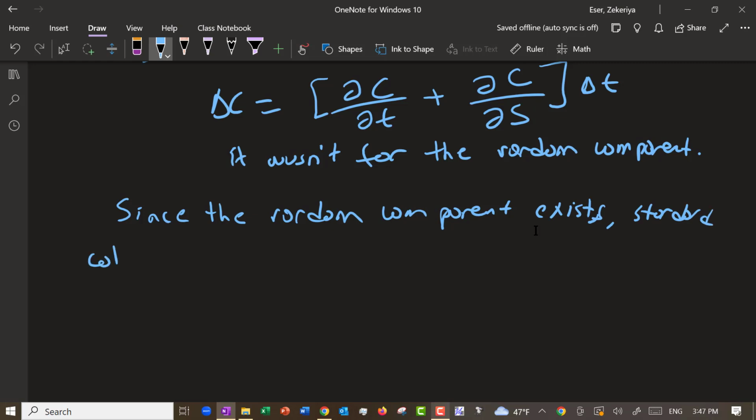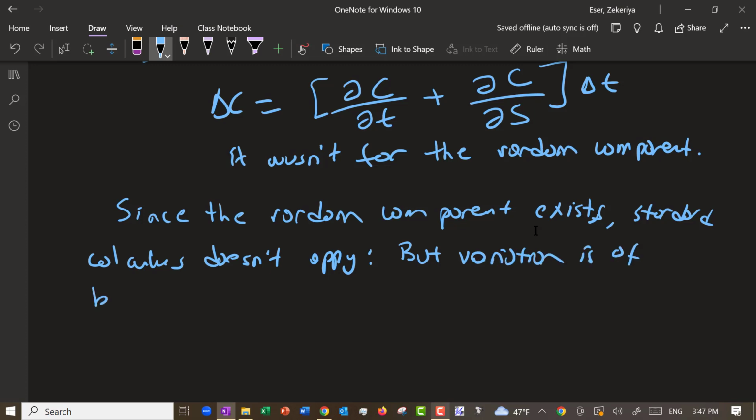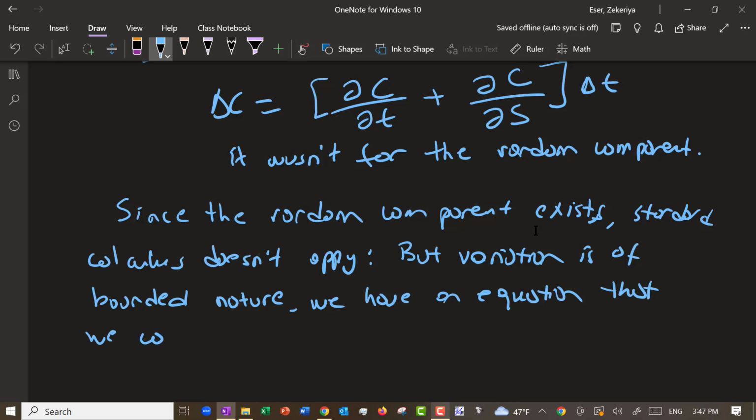We have an equation that we can use to calculate